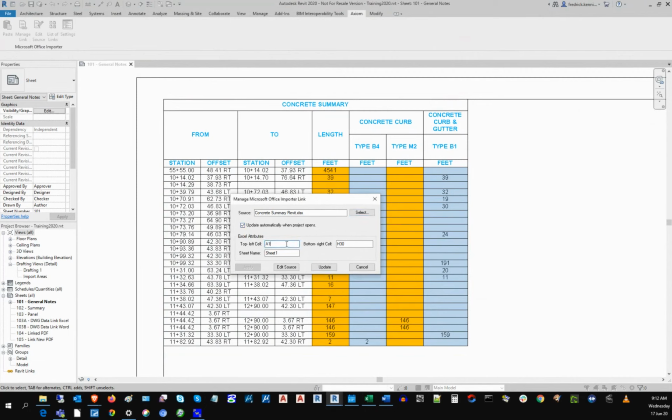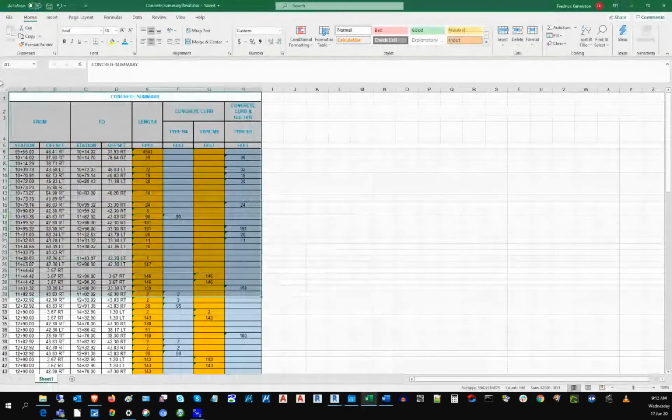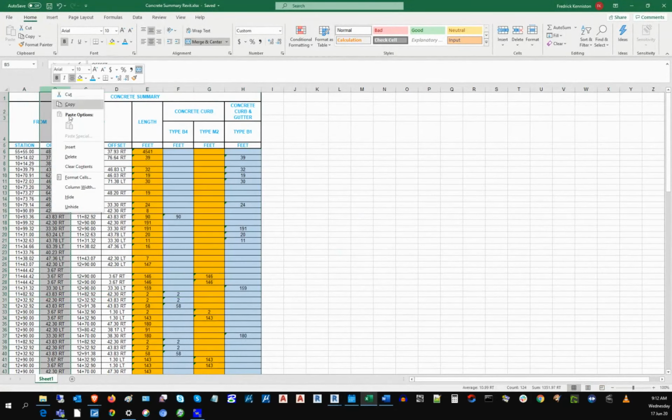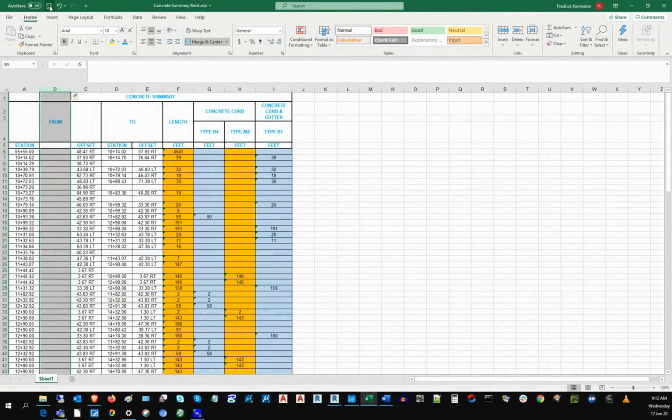Also, you see here for Excel attributes, top left cell, bottom right cell, this can be used in instances like this. Let's say I go to edit my source file, and I insert a column,